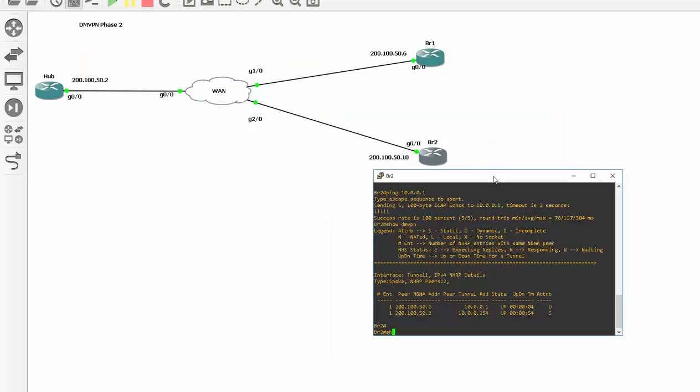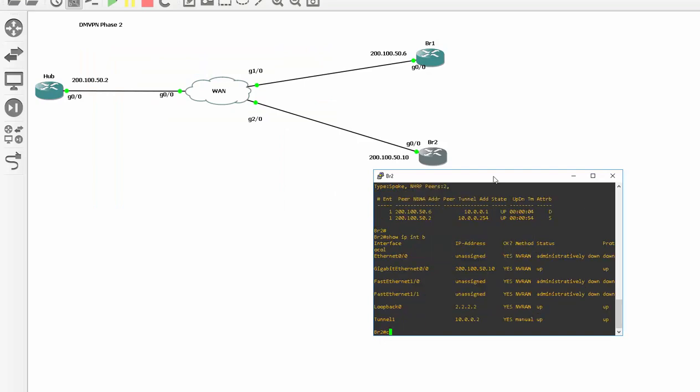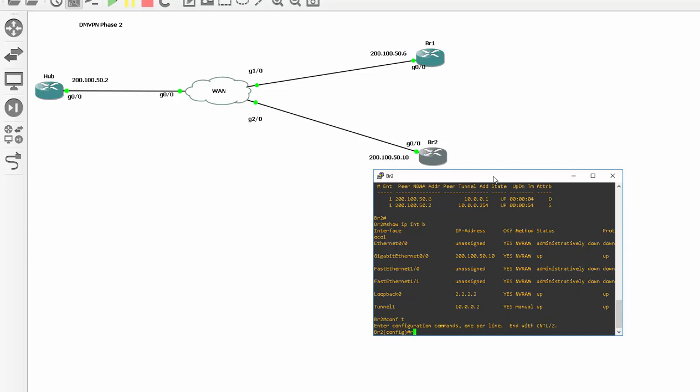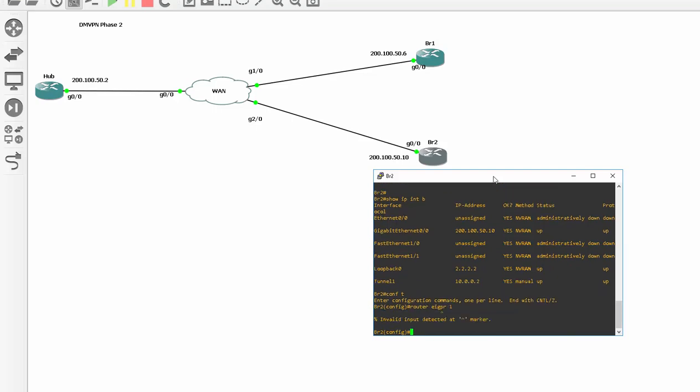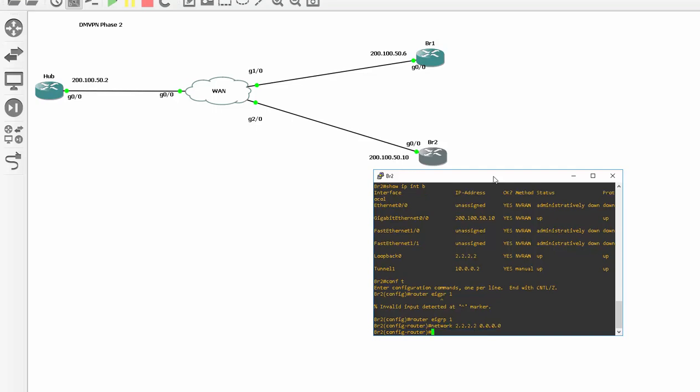On branch 2, do a show ip interface brief, see what interfaces we need to participate. Start the EIGRP routing process for autonomous system 1, and again I spelled it wrong. So we'll put in the loopback with a wildcard mask of all zeros, because we want exactly that address to be advertised, or say we want only that address to be allowed to participate,